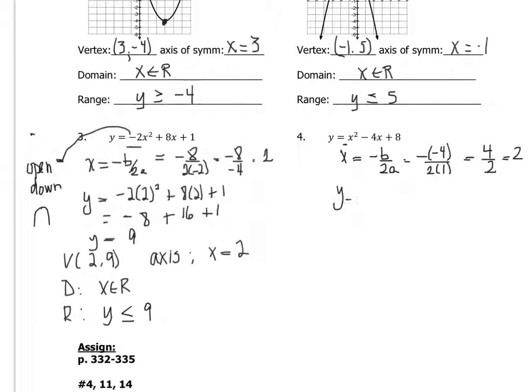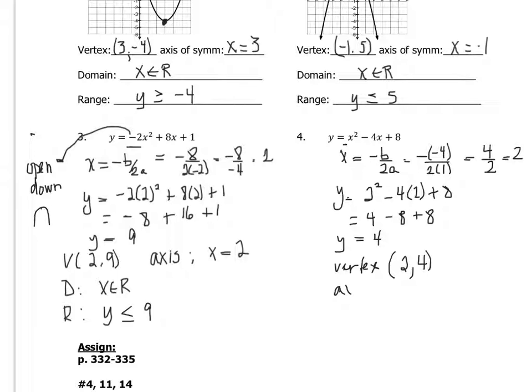And then y, just plug in x is 2 into your equation, so x squared becomes 2 squared, minus 4 times x becomes 4 times 2, plus 8. So that gives you 4 minus 8 plus 8. And those 8s are going to cancel, and you're left with just 4. So the vertex would be 2, 4,